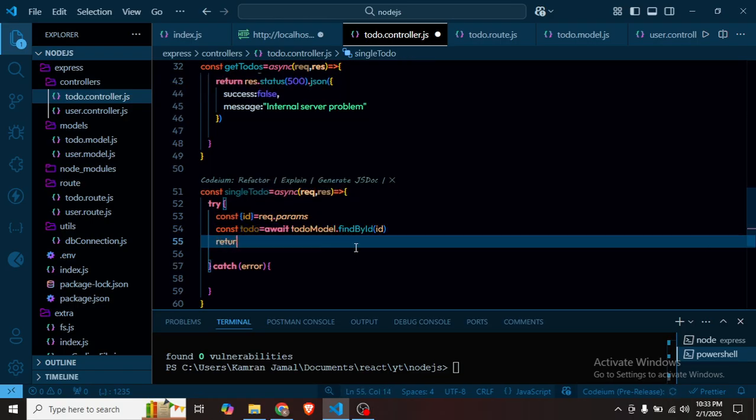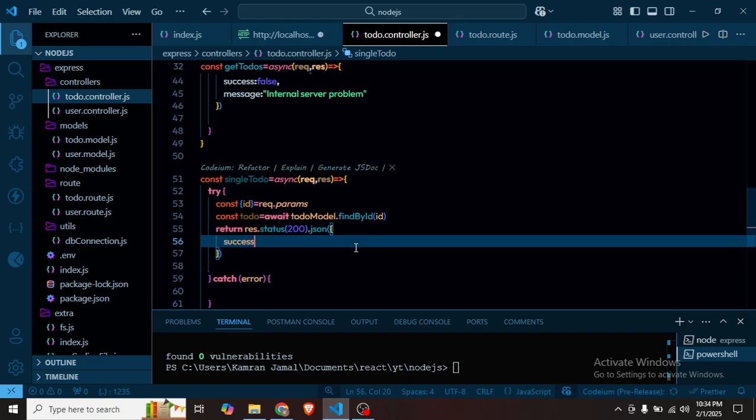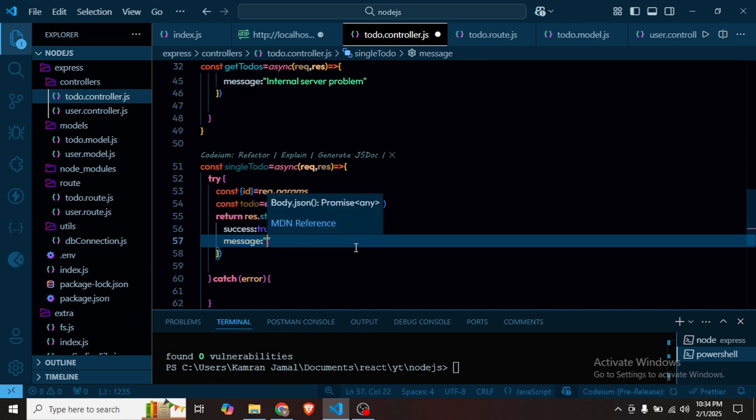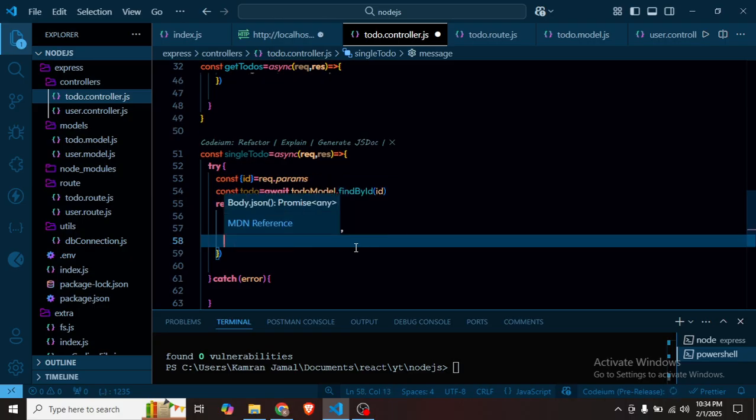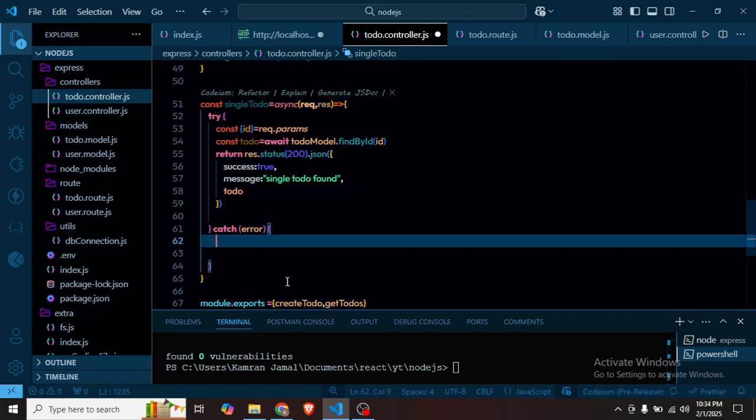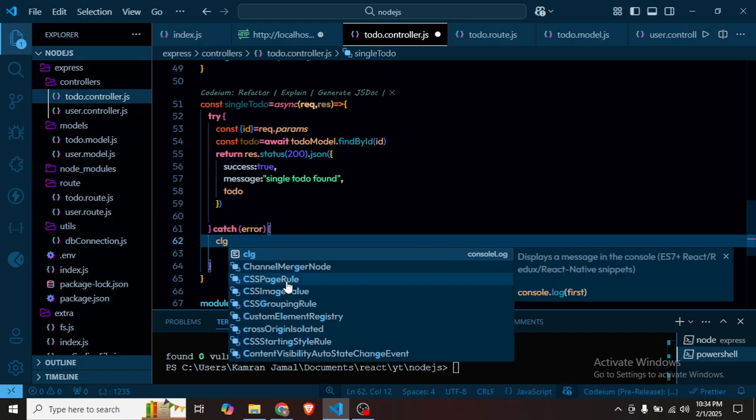So return res data, okay, status of 200 dot JSON, and in this JSON the success should be true, and the message single todo found, and also let me pass the todo, and if it falls into the error, then I'm going to console that error. Okay,